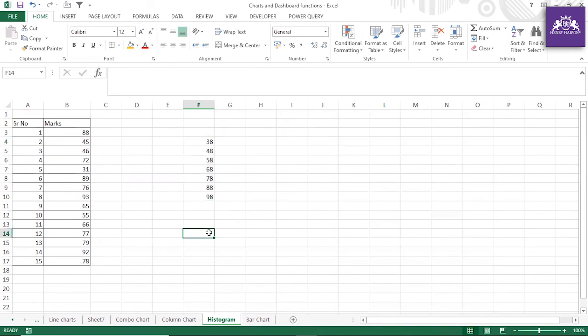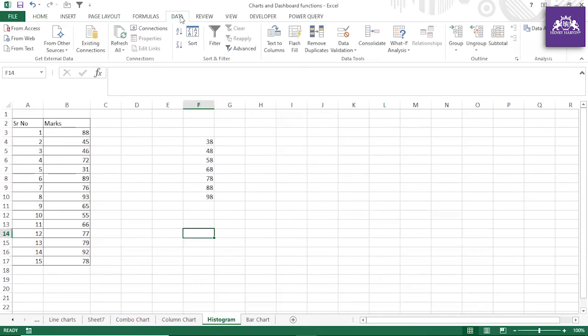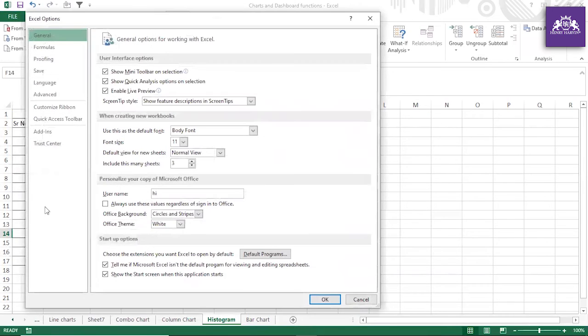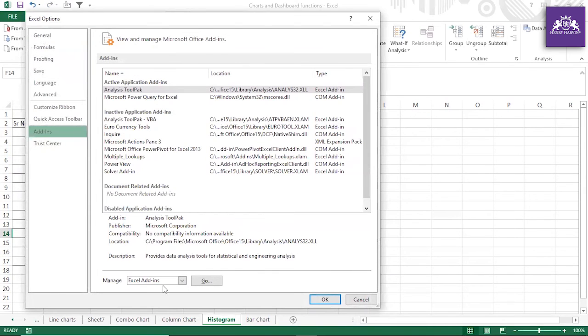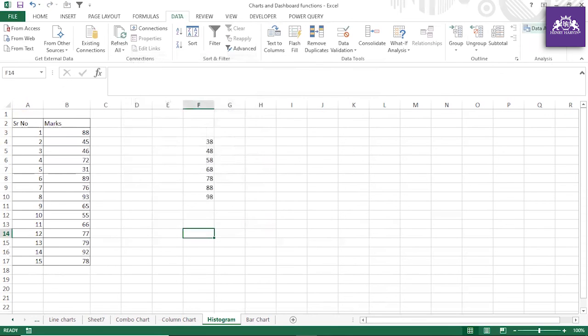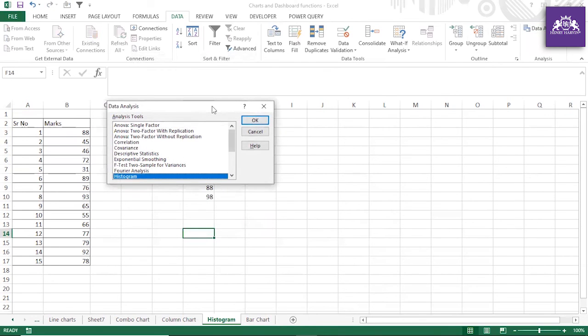Let me tell you something. In Excel we have a special analytics tool which I will show you now. So guys, the data analysis tool is available in Excel. If you don't have it, you have to go to File, sorry, and then go to Options, and go to Add-ins and then Excel Add-ins. Guys, you can see Analysis ToolPak. If you go to Excel Add-ins, you have this Analysis ToolPak. You have to select this and click OK. Since I already have it available, I will just select this.